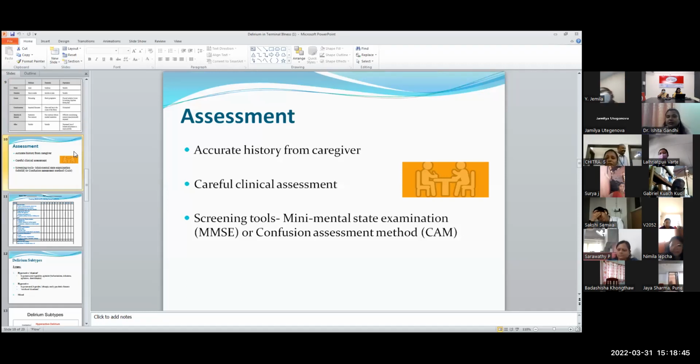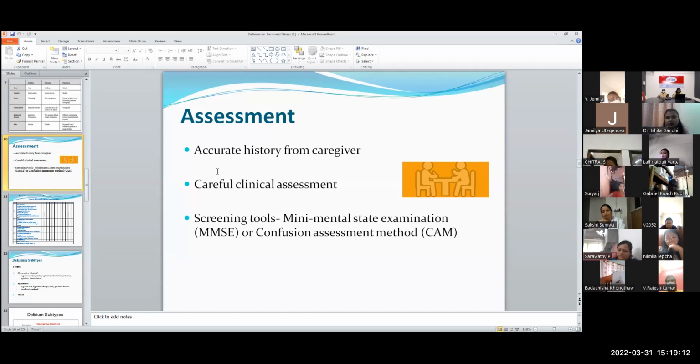Assessment can be done by accurate history from caregiver. We need to make sure, because we are not going to be with the patient 24/7 unless it's a hospice. Maybe even then, even if it is a hospice, you have to be very attentive to all the symptoms that the patient has been showing. The patient might be